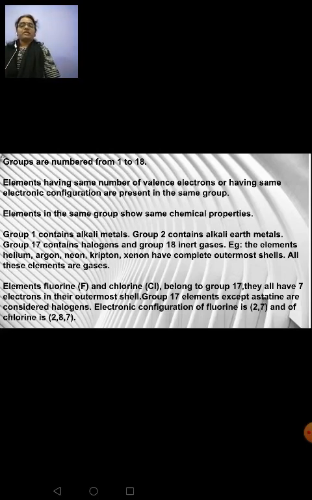Let's take for example group number 1, a few elements, whatever is known to you. I will take the example of hydrogen, lithium, sodium, potassium. Hydrogen's atomic number is 1, so it will have 1 electron and 1 shell around it. Lithium belongs to the second period, atomic number is 3, so 2 shells will be there. First shell will have 2 electrons, remaining 1 electron will be found in the second shell. So see, the second shell is having only 1 electron. Hydrogen, its outermost shell is having 1 electron.